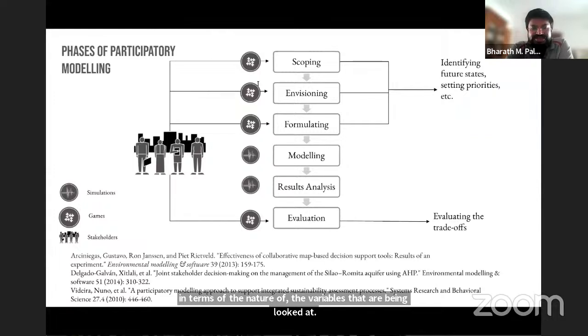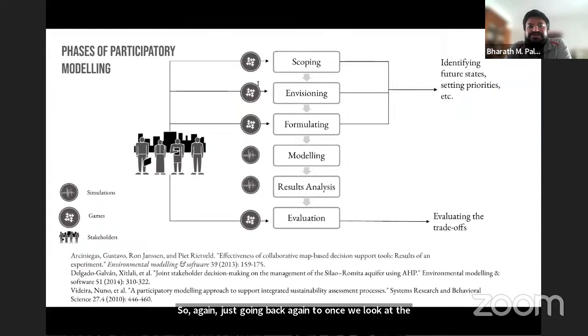So again, going back to the policy cycle, the next one to look at is participatory modeling itself. Where do games work, right? Games, as I mentioned, work very well in scoping out problems, identifying future states, setting priorities, in envisioning with a large group of people or a small subset of people who generally don't see eye to eye, for example. In the context of, let's say,